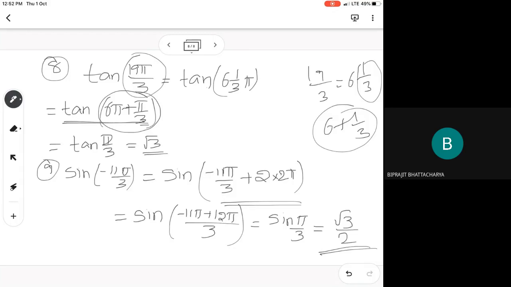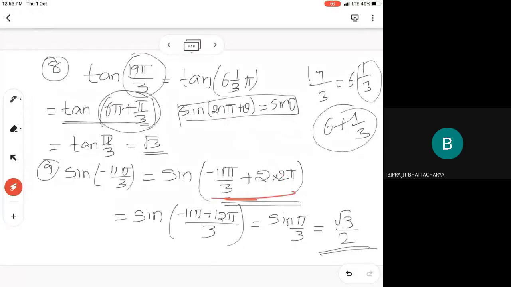Sir, yes sir. The second step of the 9th problem is not clear. Second step, see here, this is where there is more confusion; compare both. First, in the 8th problem, I changed 19 pi by 3 to 6 pi plus pi by 3. So here, in this problem, I applied the formula sin of 2n pi plus theta is equal to sin theta. It went from this place to this place, so I used this formula. Now here, I used the formula in reverse. Reverse means in the place of theta this is there, then 2n pi I have added.